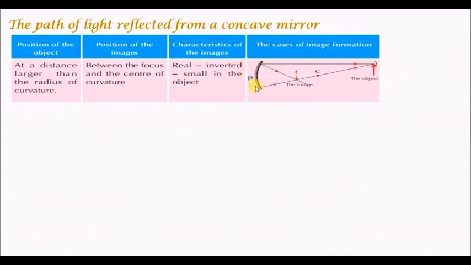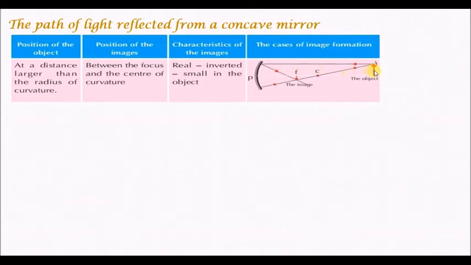We draw the mirror and then the principal axis, and we draw the radius of the mirror, and we put the points P, F and C, and then after the center of curvature, whatever the distance is, we draw the object. The object is drawn as an arrow, and from the object we draw two lines,